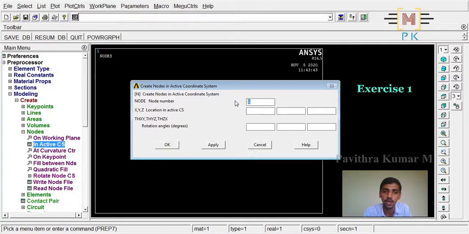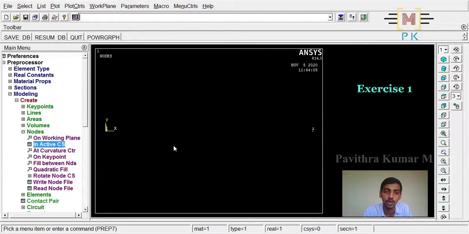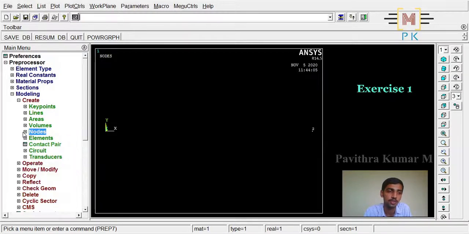Now in order to create node number 2, put the value as 2 and only we need to put the X value as 300 for node 2, since the overall length of the bar is 300 mm, and click on OK. Now node 1 and 2 are already created. So minimize this.